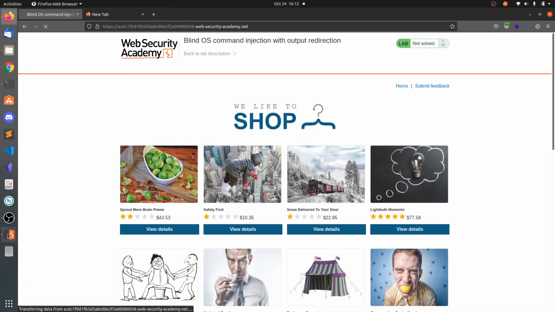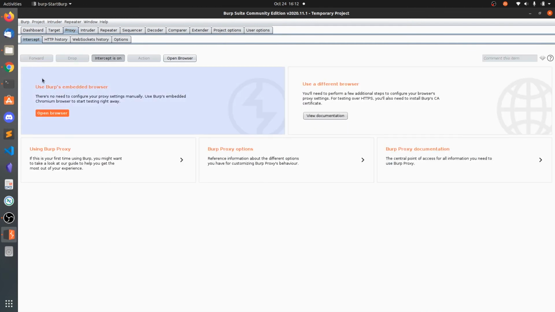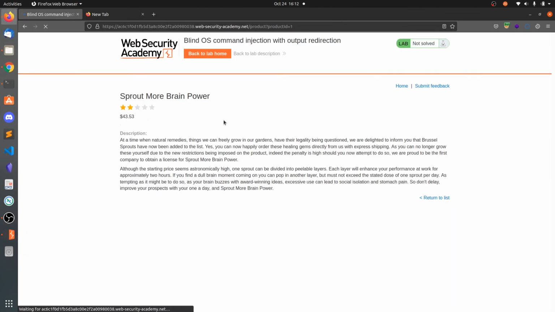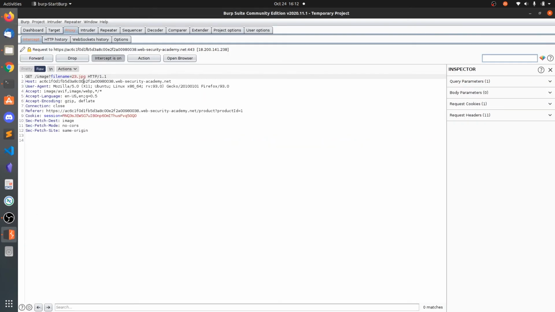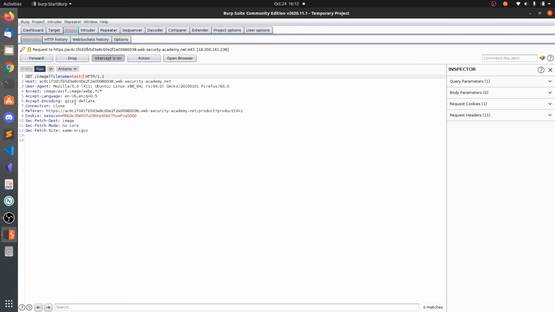So what you can do is intercept the request and click on view details. So after requesting the web page, it will try to fetch the image. So instead of the image file name, what you can do is you can say test.txt, because that is in the /var/www/images.